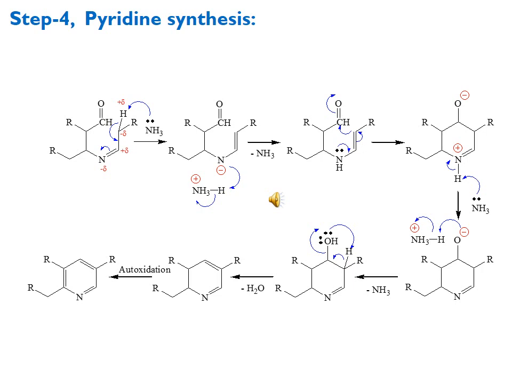Here it can be questioned: if a proton which is acidic in nature is abstracted, then we have the aldehyde group also in this moiety, and the alpha carbon also bears a proton here which is acidic in nature. So why is this ammonia not acting as a base for that proton also? Number one, if it abstracts that proton from the alpha carbon of the aldehyde moiety, then we move towards the reactant in the enol form of the reactant,